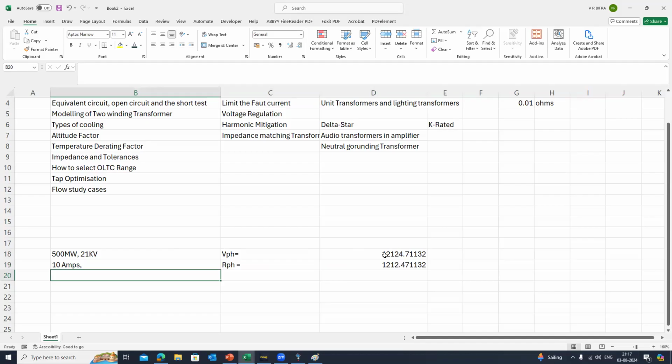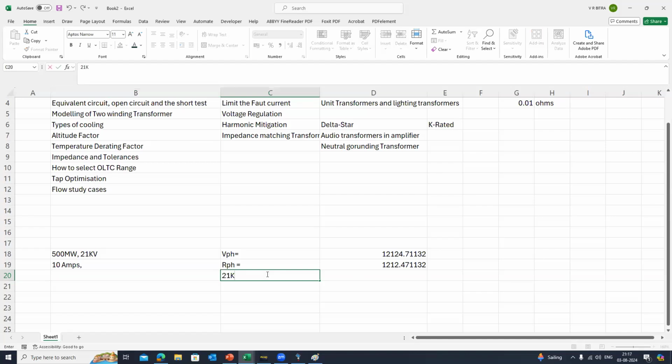So the size of the resistance will be very high. To limit the fault current to 10 amperes, if I directly use a resistor, the size of the resistor bank will be very high. So for that, I will use an impedance matching transformer. Let's suppose it is 21 kV by 240 volt. Okay, so if I convert this resistance and put it on the secondary,